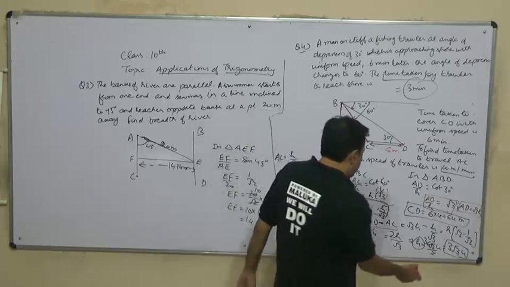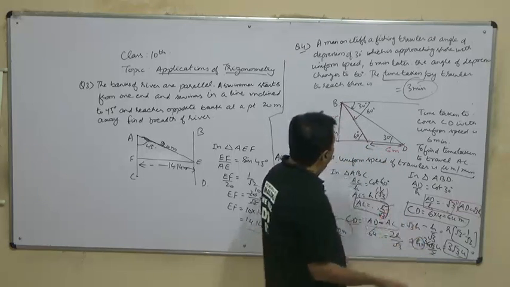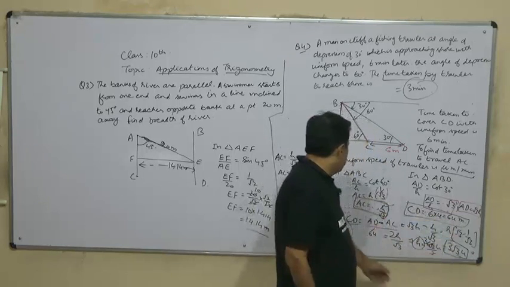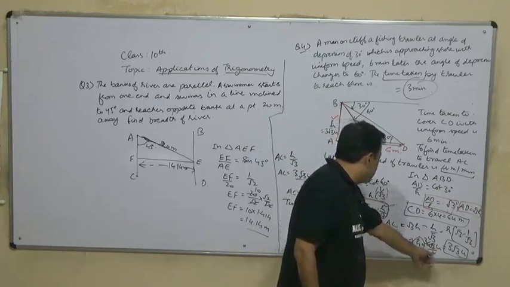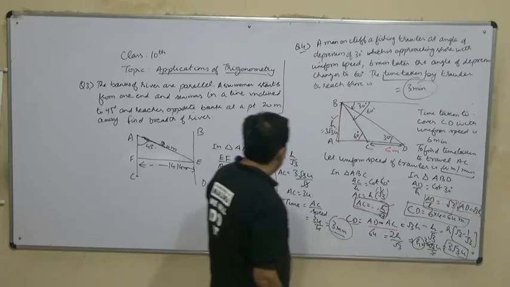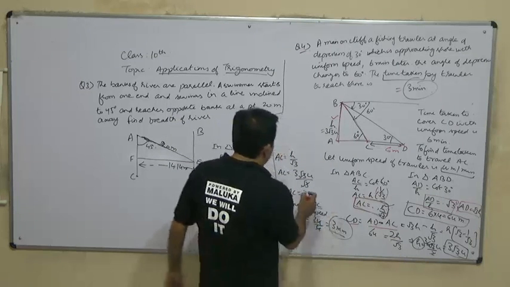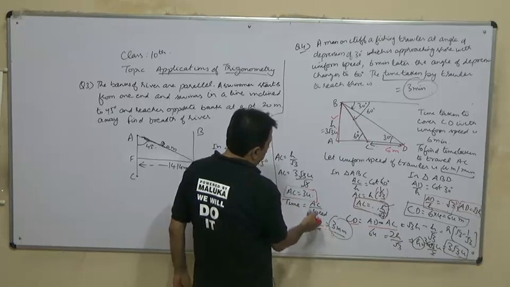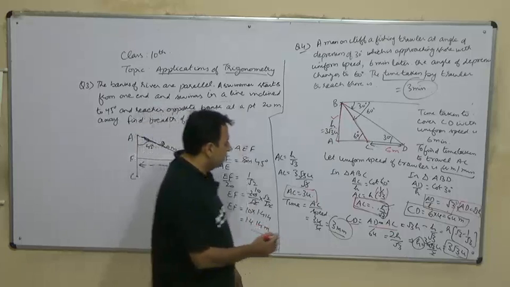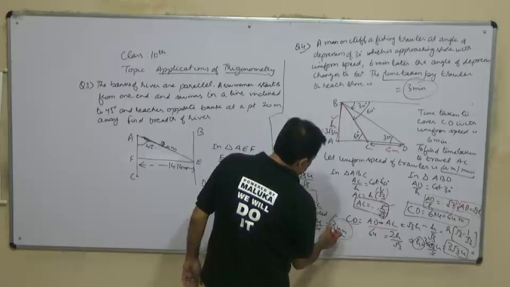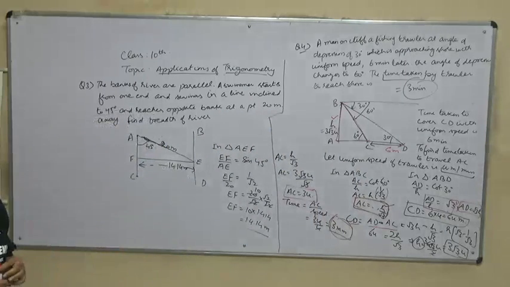So this comes out to be 2h upon root 3. But CD we have already found, which is equal to 6u meters. So 6u is equal to 2h upon root 3, and h will be equal to 6 root 3 u upon 2. This is 3 root 3 u, and from there we find the value of AC in terms of u, which comes out to be 3u. Then we can find the time by dividing AC by the speed, which is the uniform u meters per minute. So the answer is 3 minutes, it will reach the shore in 3 minutes. Then we move to the next part, but before that we will rub this part.